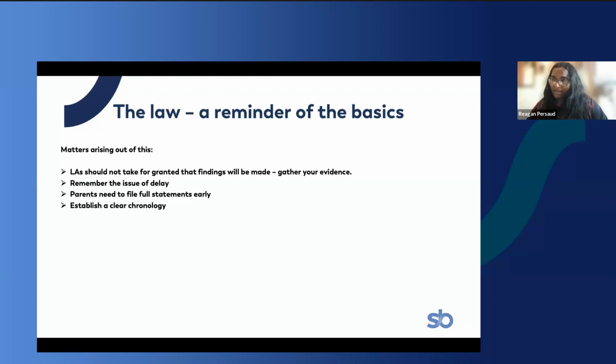The initial statement gives the court everything from the moment that child was born: how you felt about that child, any issues that were in the relationship, how the care of the child has been, whether the child's been crying or been difficult or not. Give the court as much information as you can early on in that statement, because when it comes to the finding of fact hearing,